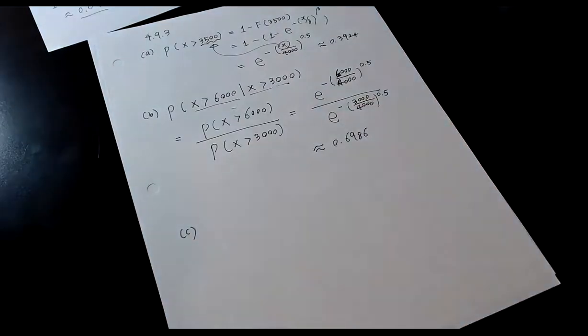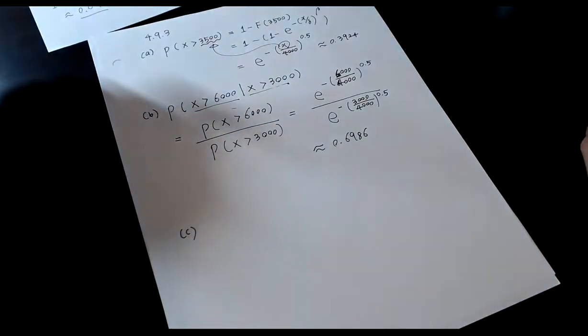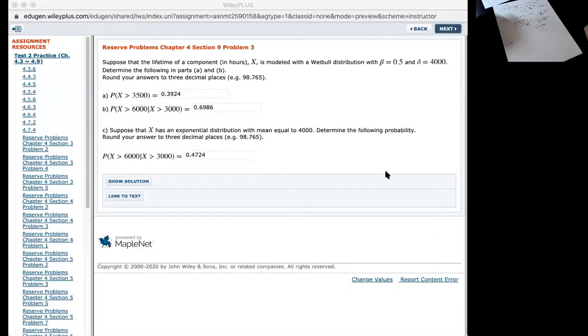Suppose that x has an exponential distribution with a mean equal to 4,000. What does that mean? I told you in a Weibull distribution, if beta equals 1, then the Weibull random variable is going to be an exponential random variable, with lambda being 1 over delta. Right. So what that means,